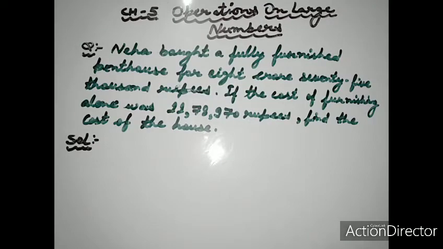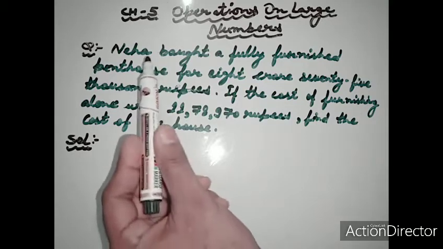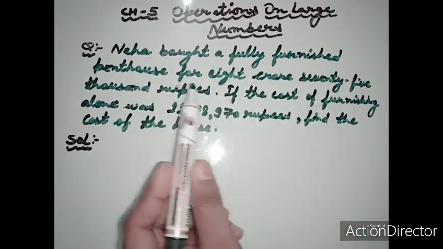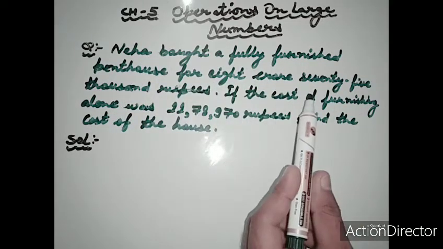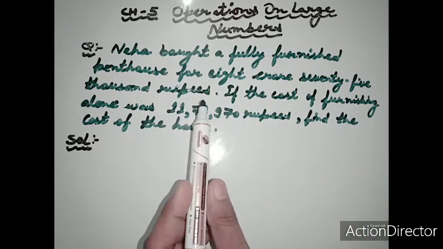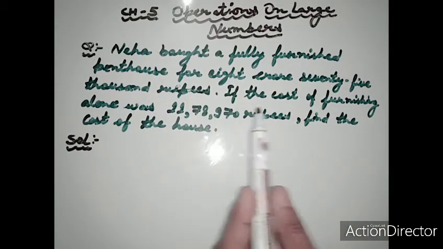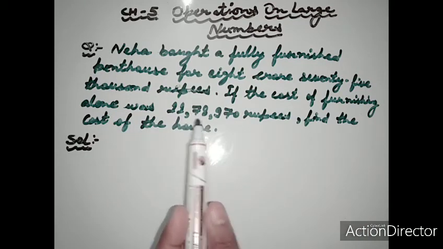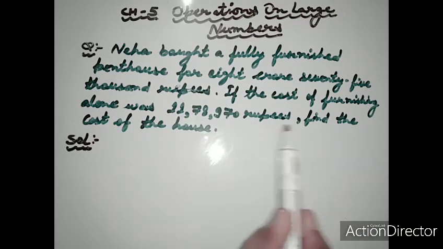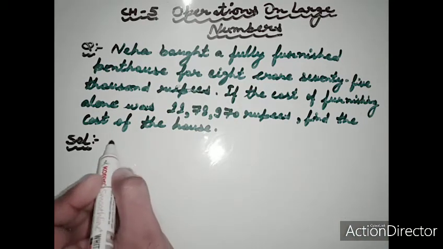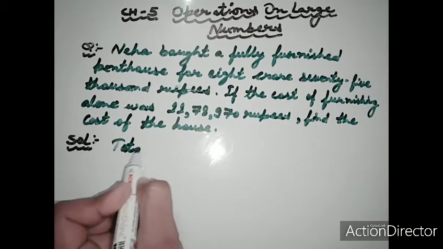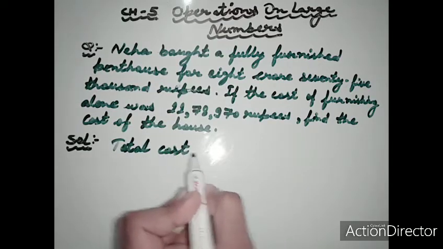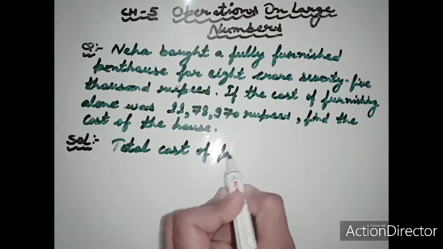Now students, here we solve the next question. Neha bought a fully furnished penthouse for 8 crore 75,000 rupees. If the cost of furnishing alone was 11,78,970 rupees, find the cost of the house. So first we write total cost of